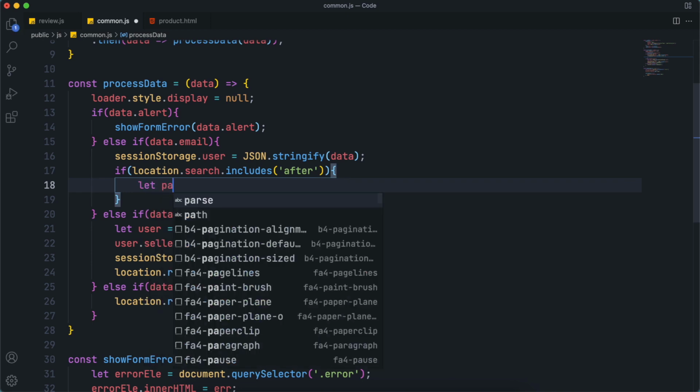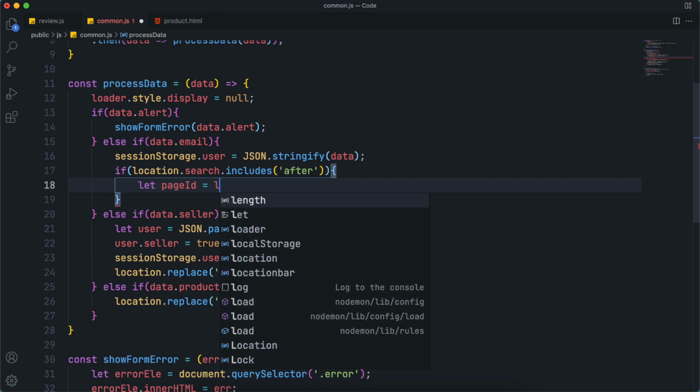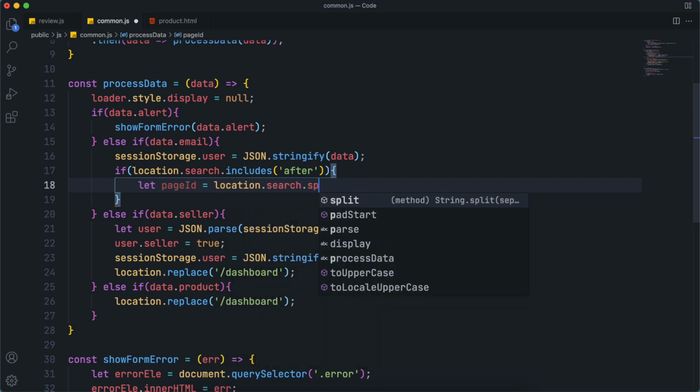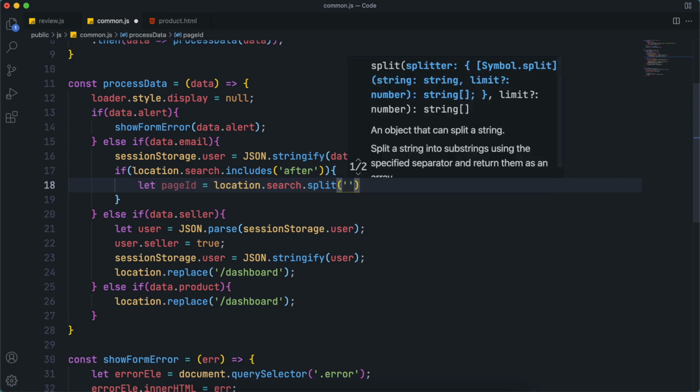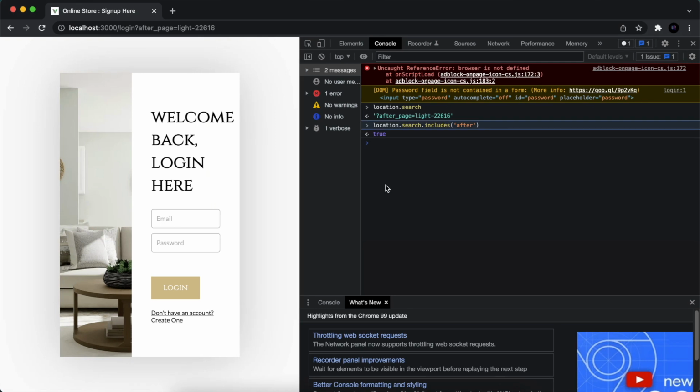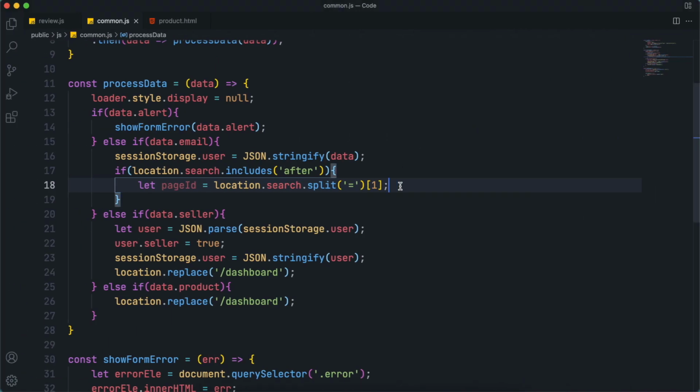So if this condition is true, first access the product ID or the page ID. Set it equal to location.search.split with the equal sign, and the one we want is after the equal, which is at the 1st index.